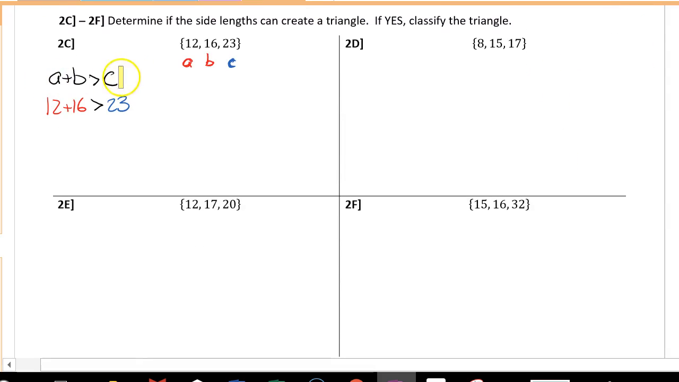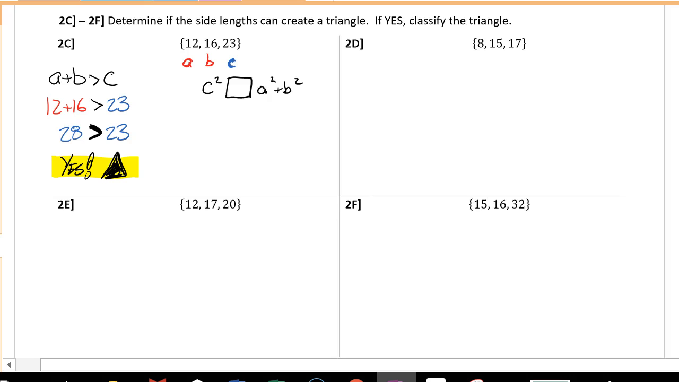In order for the triangle to exist, the sum of the two smaller sides must be greater than the larger side. So 12 plus 16 must be greater than 23. 28 is greater than 23, so yes, we can create a triangle. Now we must classify what type of triangle it is. So we'll set up the Pythagorean theorem. We need to determine how the c squared value relates to the sum of a squared plus b squared. Substituting in our known values,